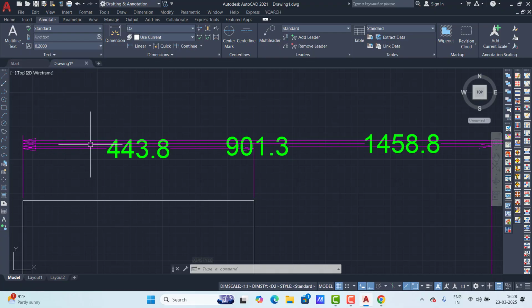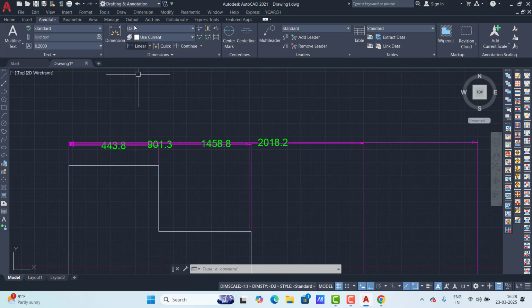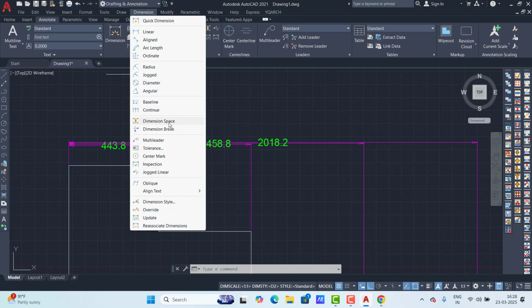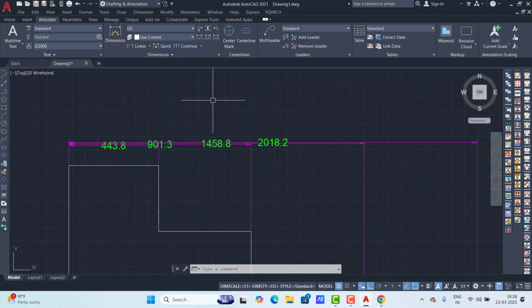So this way there are two types, continuous and base. Which one you want to use, you can present the dimension that way. Now we have